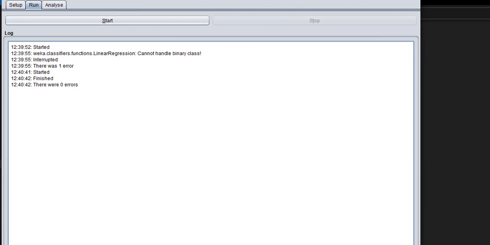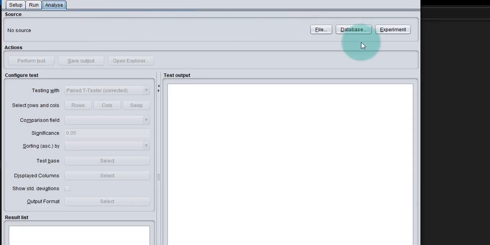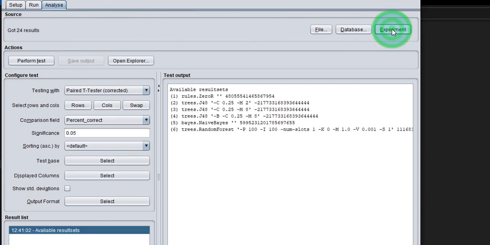And it actually finished very quickly, which is sort of surprising, but okay. Let's go to Analyze. And what you do here is you click Experiment. And so it shows you these are the algorithms we were testing. And then we can click Perform Test. And right now we're testing this, which is probably not, we're not really interested in this, but let's